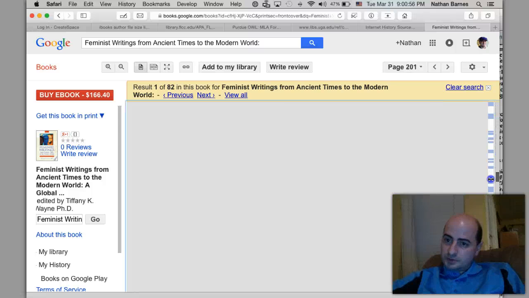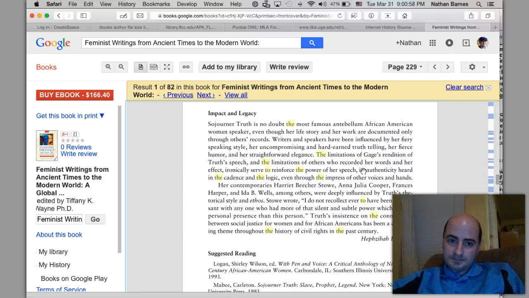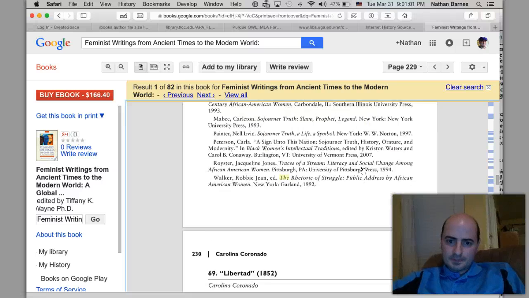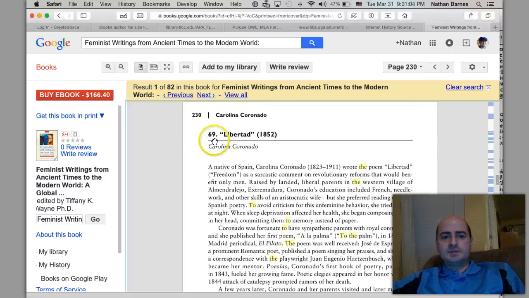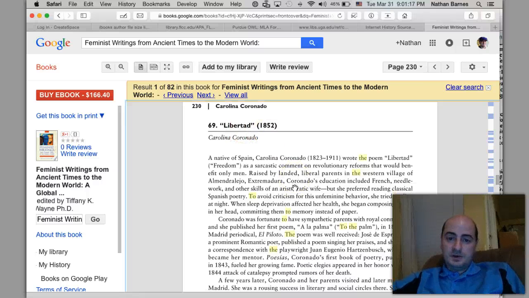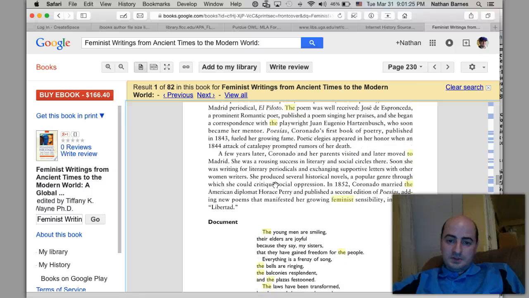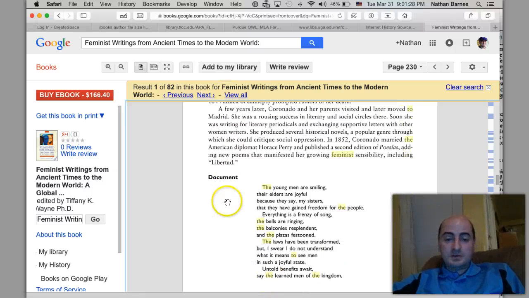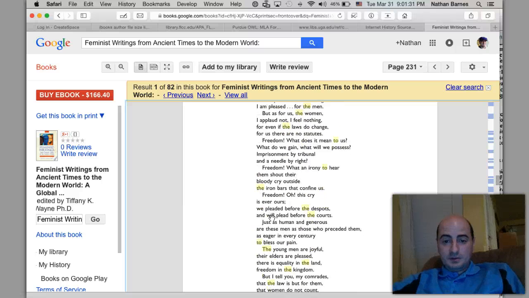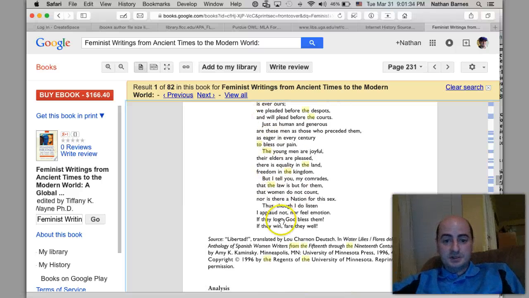And I'm just going to scroll down to a random example. Okay, this is number 69, Libertad, 1852. So this is some bibliographic information we could find. Carolina Coronado is the author of this Libertad in 1852. So this here is an explanation of what it is. It's a poem, Libertad, and you see it's kind of a long explanation, but then they tell you this is the document. You notice it's not a plate, it's not a picture, it's text,